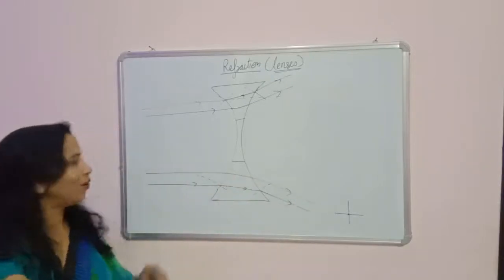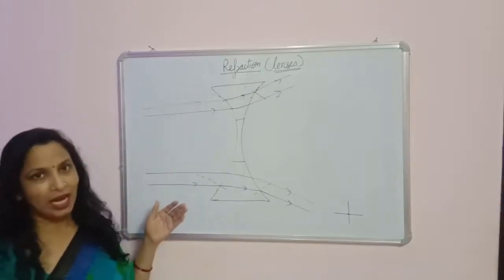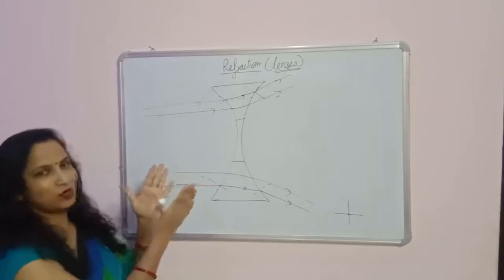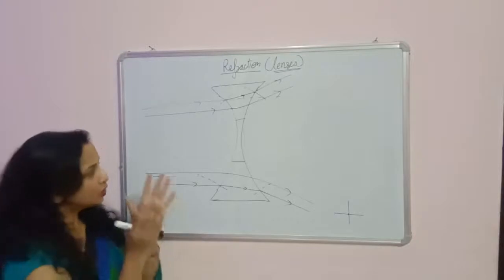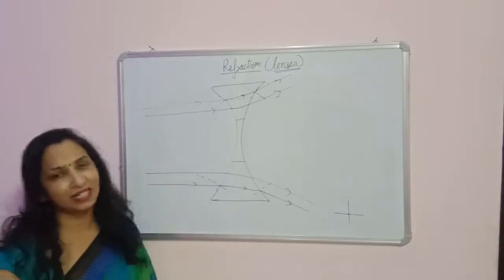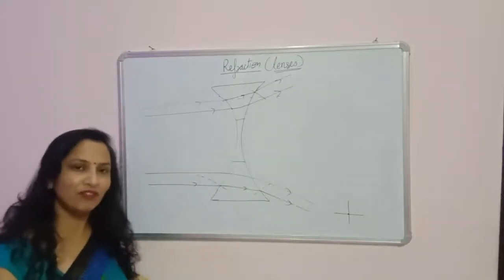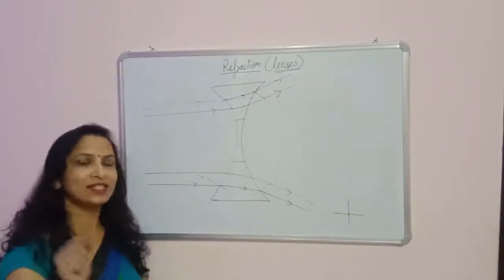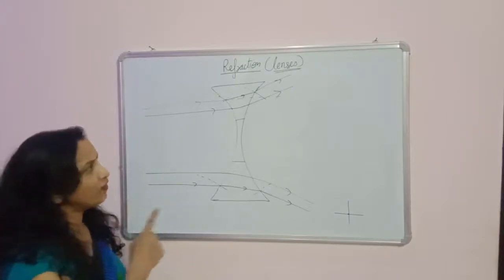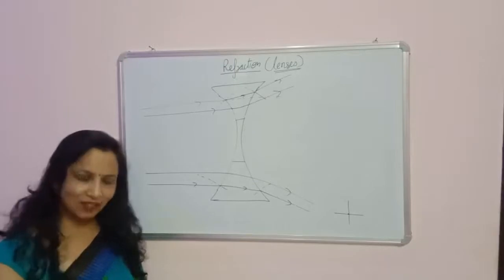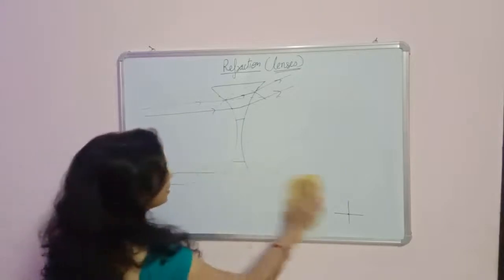So you can say that all the light which is coming parallel to each other, these four rays are actually parallel to each other. And when it passes through the concave lens, it diverges. So that's why this is called the diverging lens. So we will study two lenses, the convex and the concave lens. Convex lens is also called the converging lens. I explained why it is called the converging lens. And concave lens is also called the diverging lens. Same as before, the middle part behaves like a glass slab.